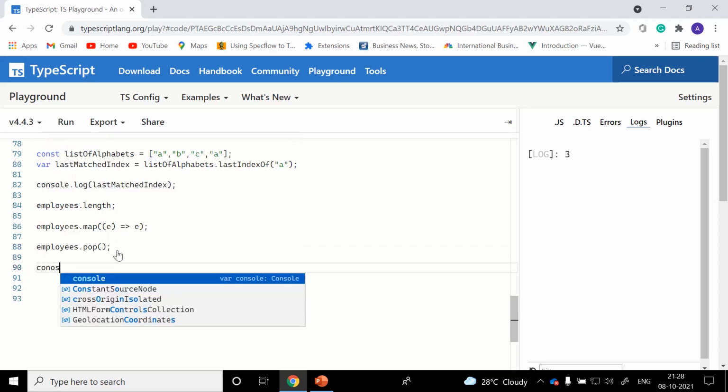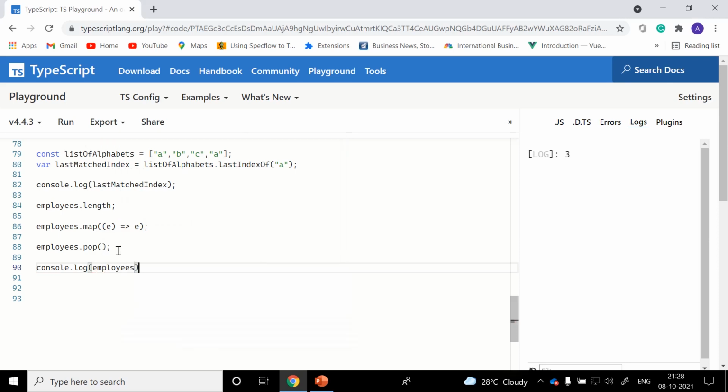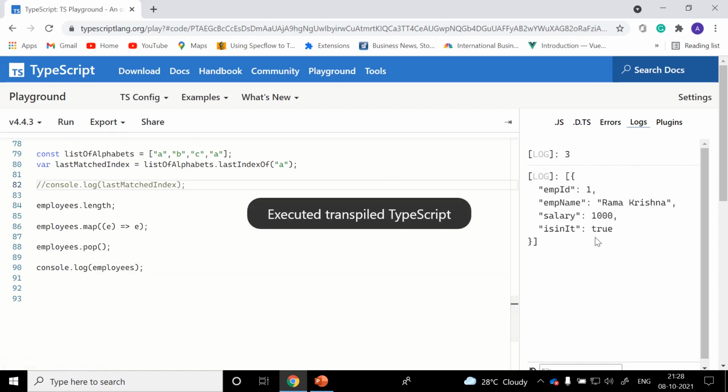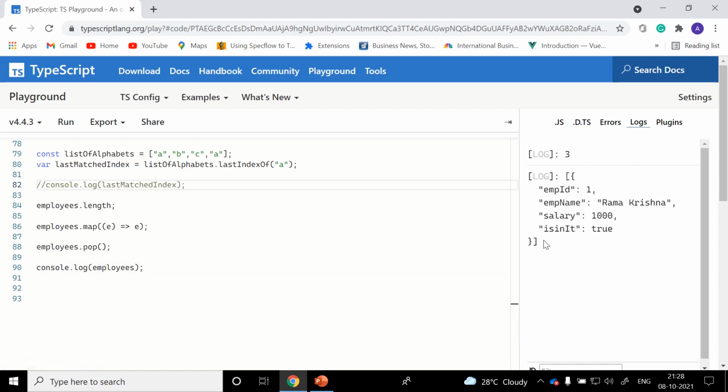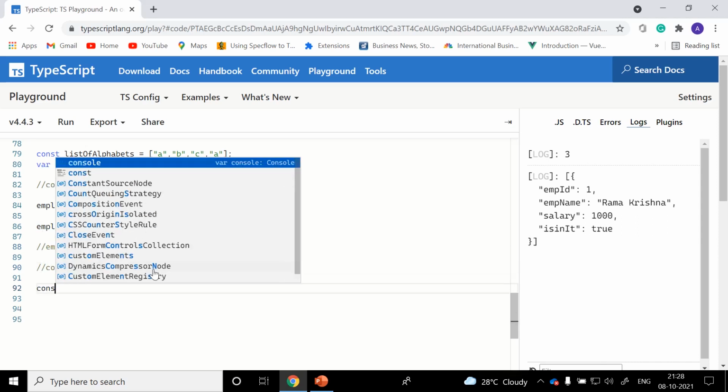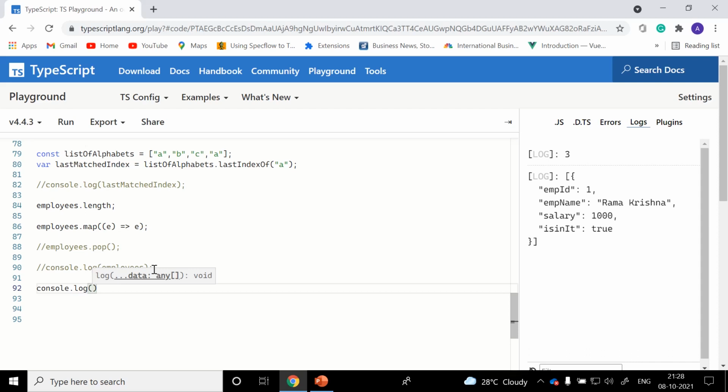Let me just console dot log of employees and observe once. Let me comment it out and run it. If you observe here, we have only one element because pop removed the last index. Let me comment it out and comment this as well. Console.log of